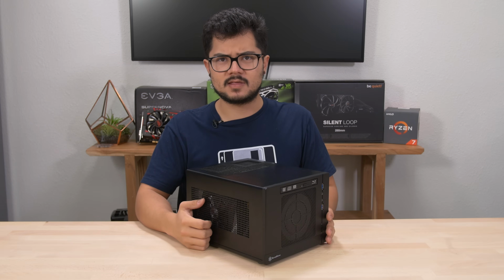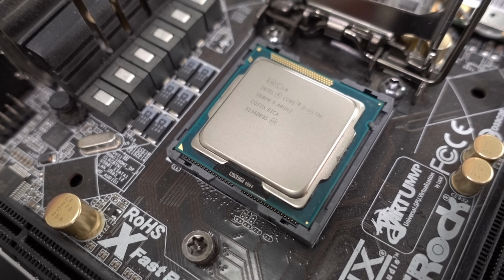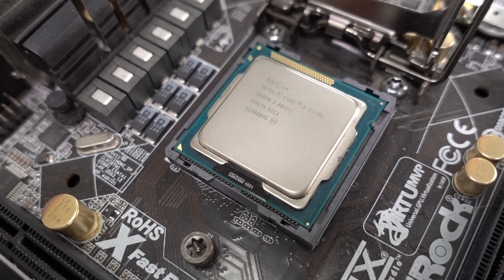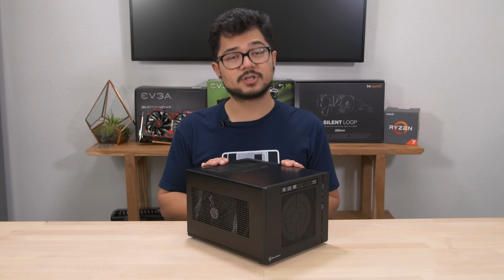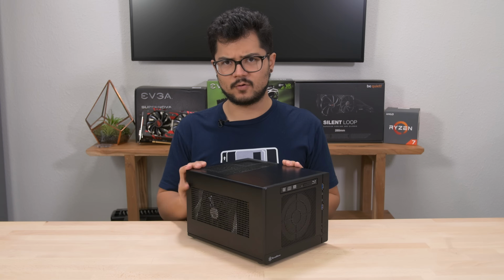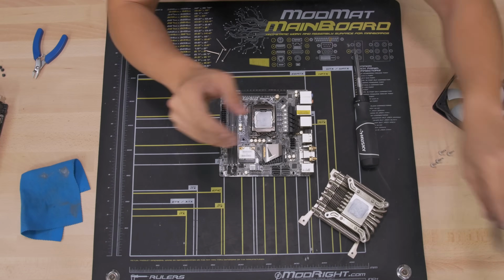Let's first talk about the specs that we're rocking here so we can kind of see where we're coming from. First off, we've got the Core i5-3570K. That's an Ivy Bridge quad-core processor. That is the original processor that I used when building this system back in the day. It's currently clocked at 4.3 gigahertz at 1.21 volts, and that's with the help of an AsRock